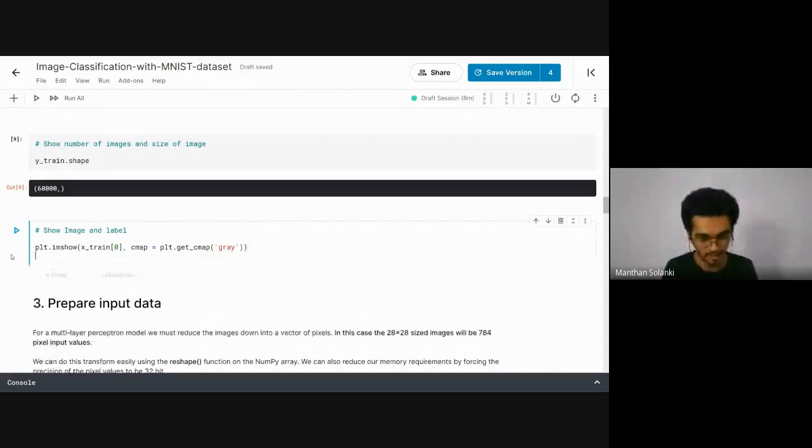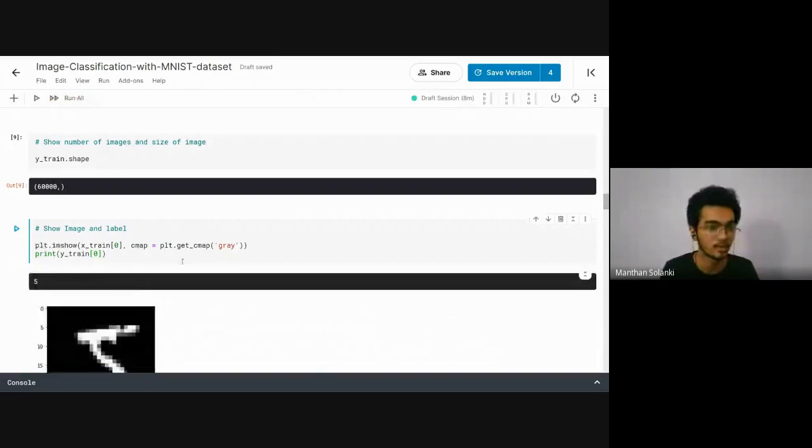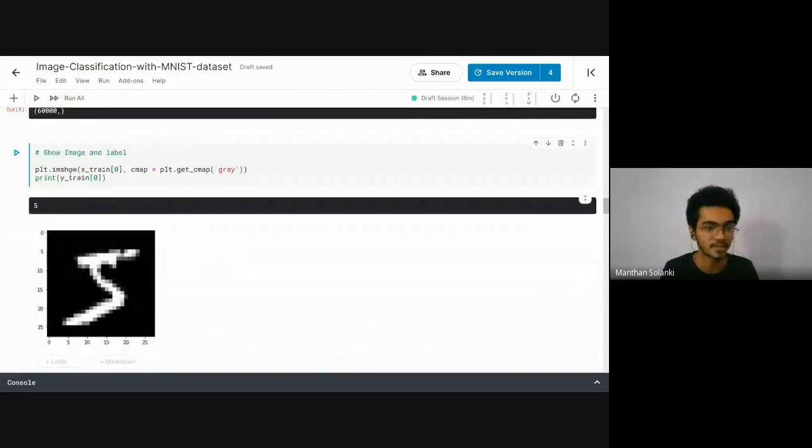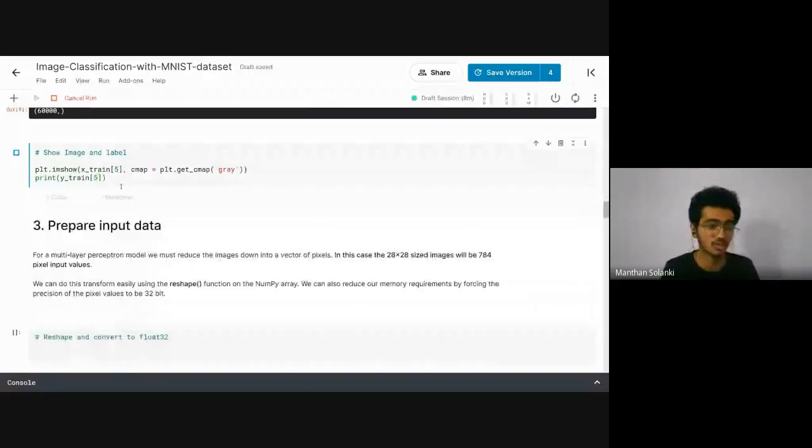And I just want the label of this first image, so ytrain of 0. This will give us the label 5, and the image looks like this, a 5. Don't hesitate to change the images. I just want to see the fifth image and what is the label of the fifth image. So this is 2, it looks like this.